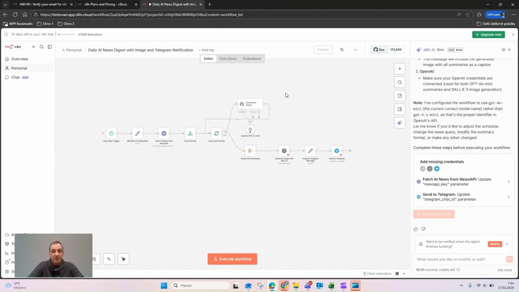Great. This was a bit of an introduction on how to get started with this tool. We'll show more in the next videos. I'll show you how to connect the individual credentials, such as OpenAI, Gemini, Supabase, Airtable, Google Drive, and so on. And we'll look at how to build an automated workflow for, let's say, more creative work, or for automatic posting, or even for creating content for social